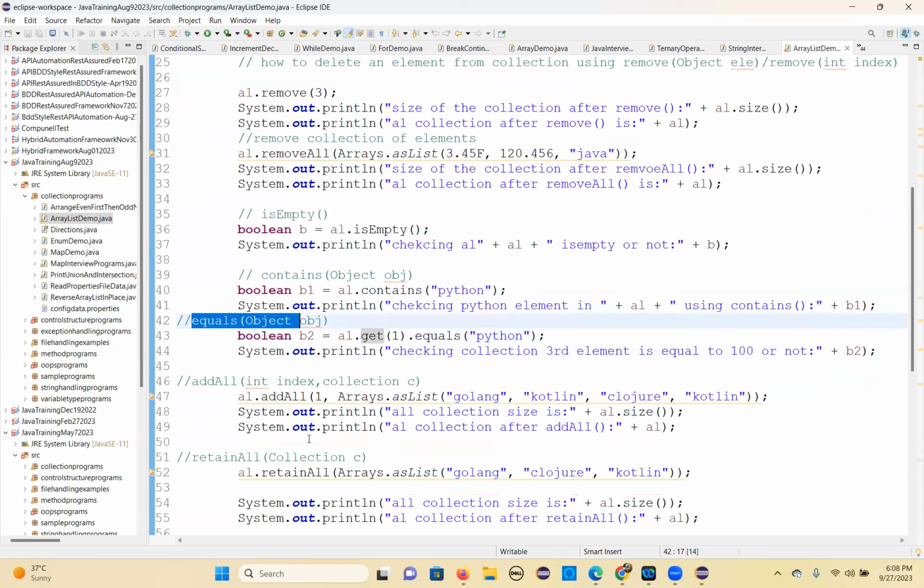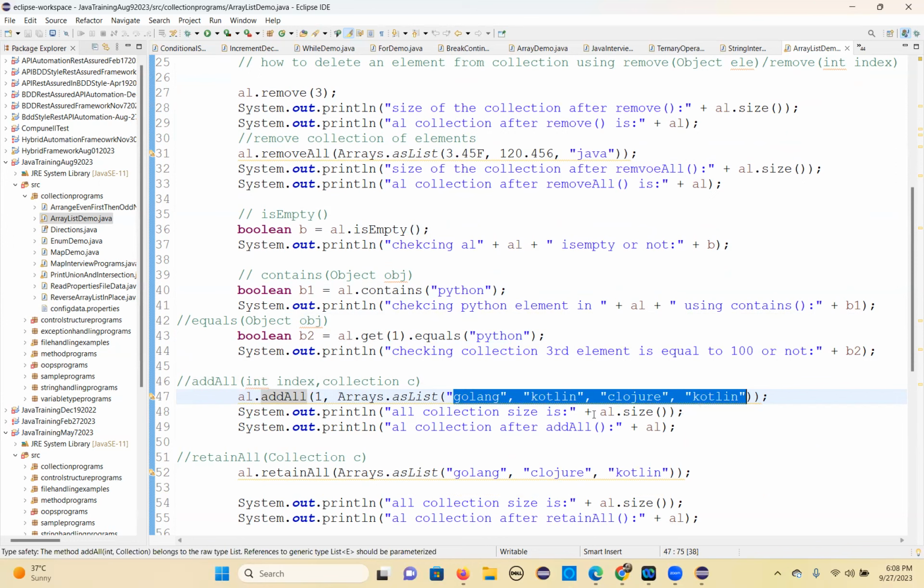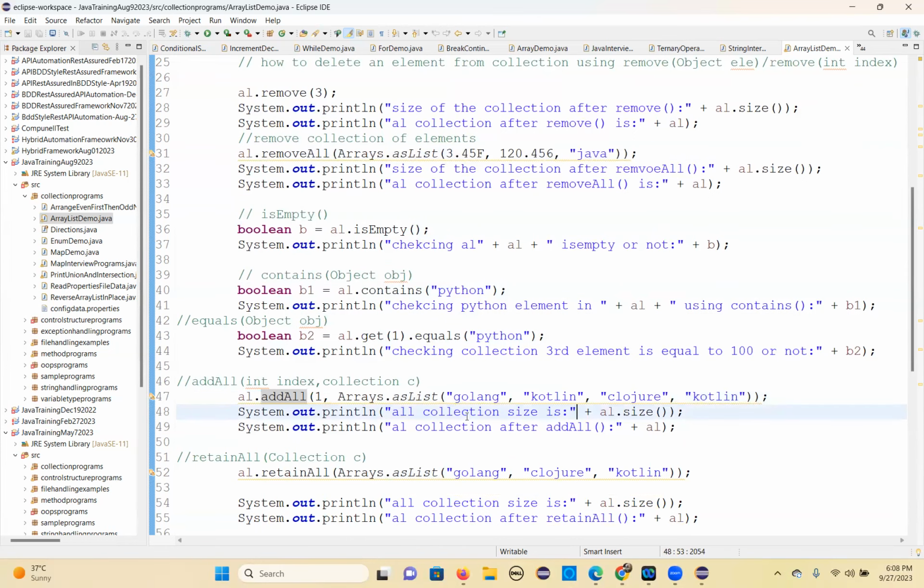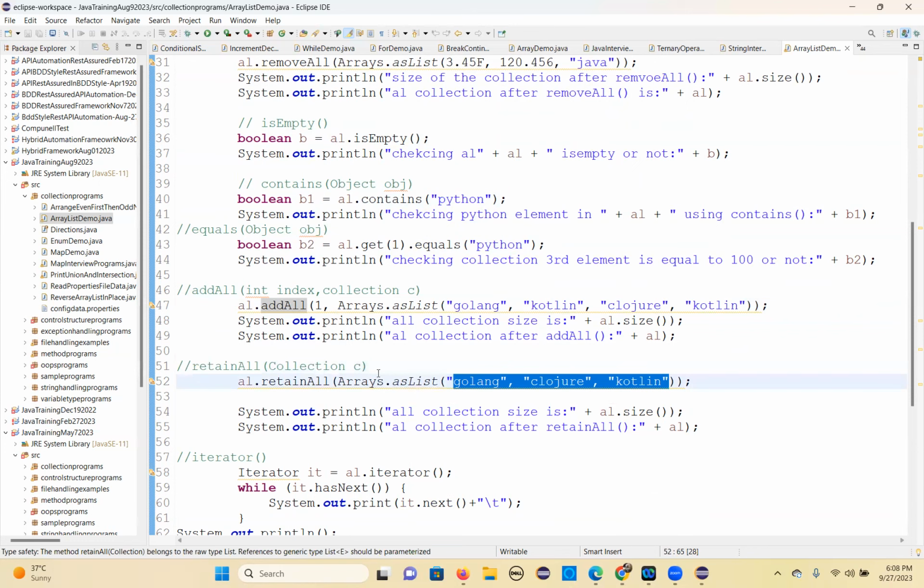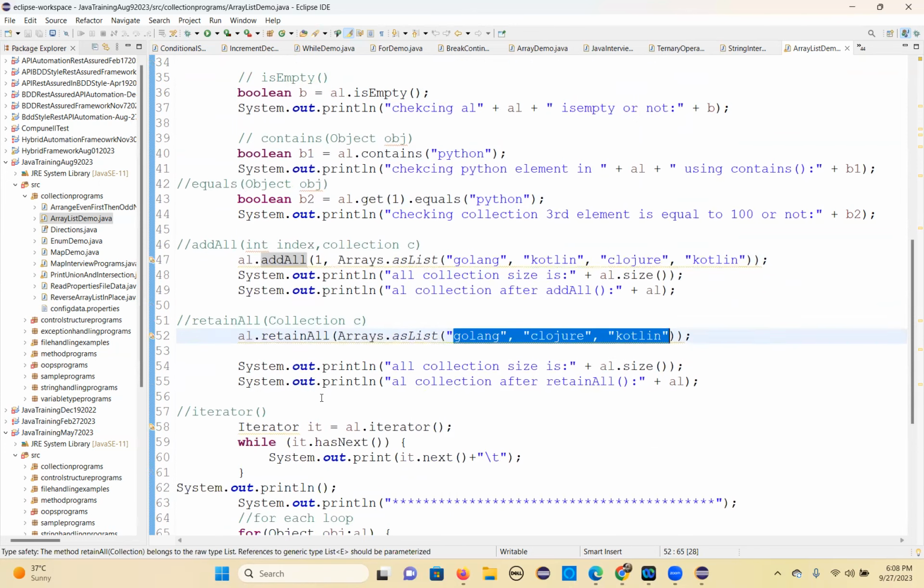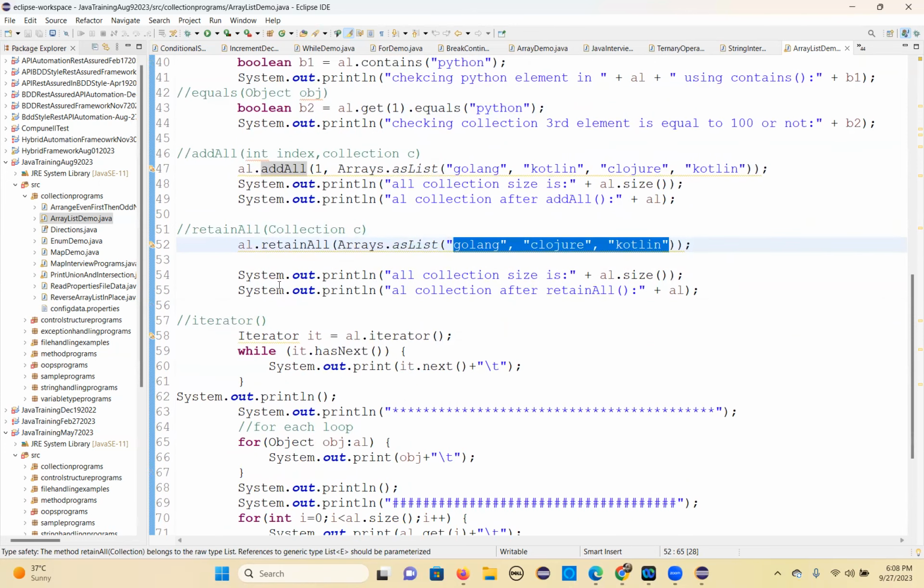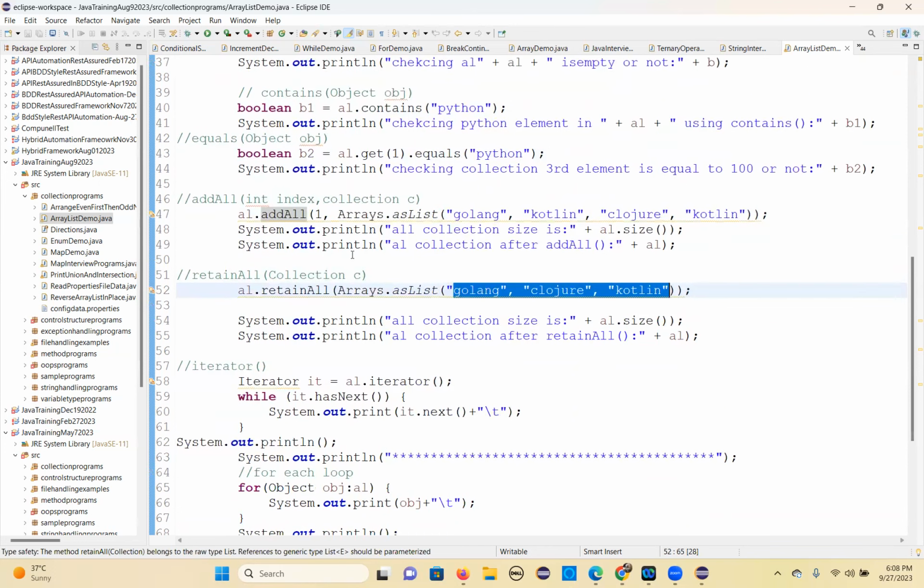That's the equals method. addAll int index, collection c. So al dot addAll, in the second place, I'm inserting these elements. So then what is the collection? So that's the index based method we are using, the addAll method. Then the retainAll method. Only these elements will be retained, remaining all will be deleted. That's retainAll. So that's a difference you need to understand between